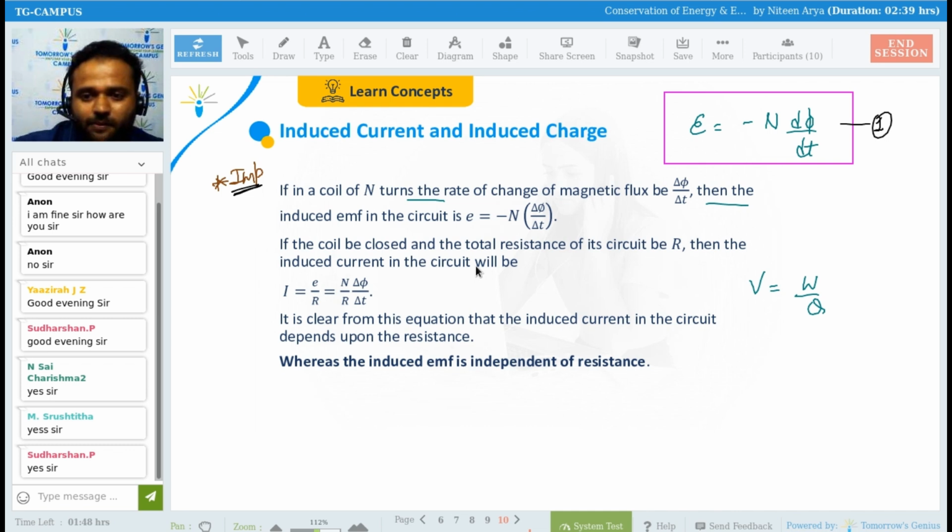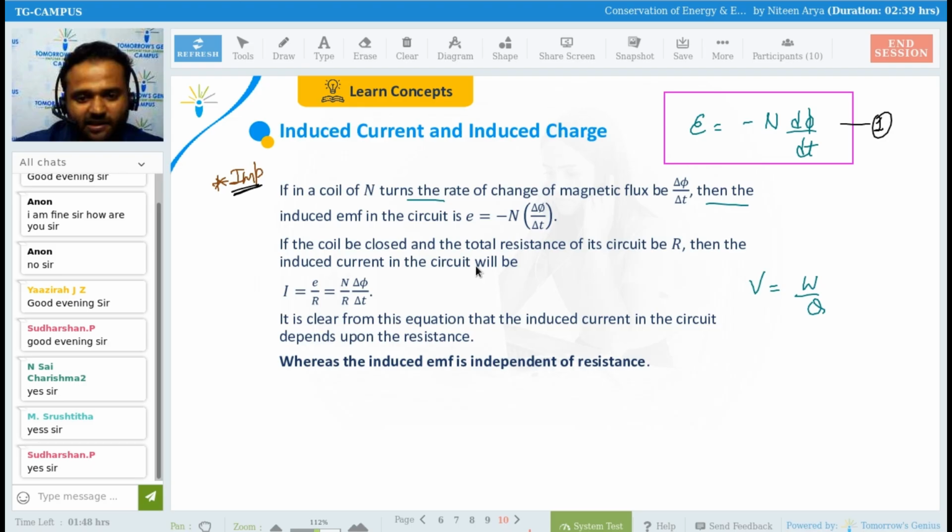Clear? So the same thing is happening here. Electromotive force. If a force is applying on any particular charge particle and that charge particle moves, so force into movement, work done. Now if I want to find per unit charge, I get voltage. Is this clear? This concept is clear?